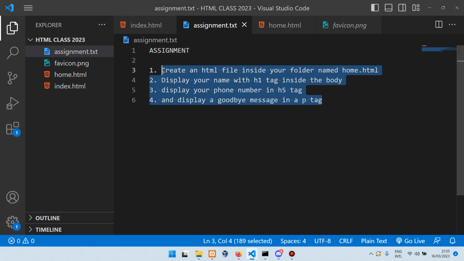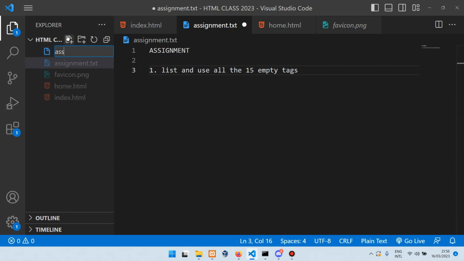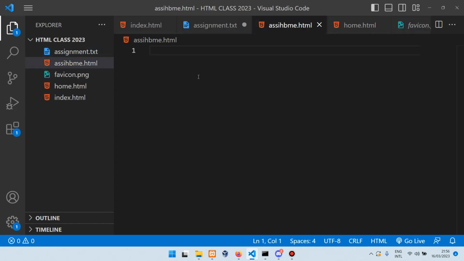The first assignment is to list all the 15 empty tags. Not only list them, list and use all the 15 empty tags. So you can just create a new file, call it assignments.html or something. Then inside it, make sure that you define